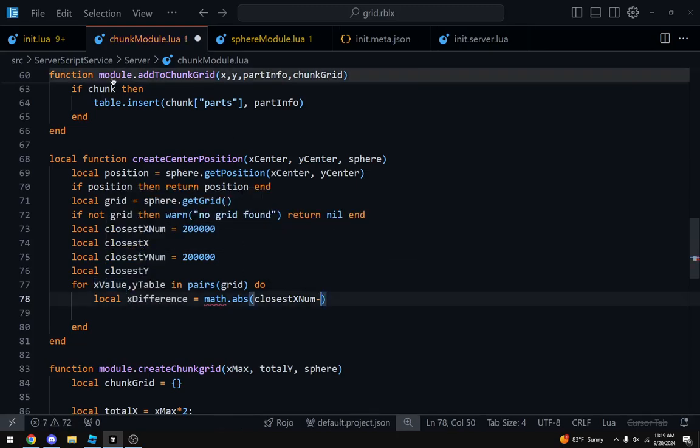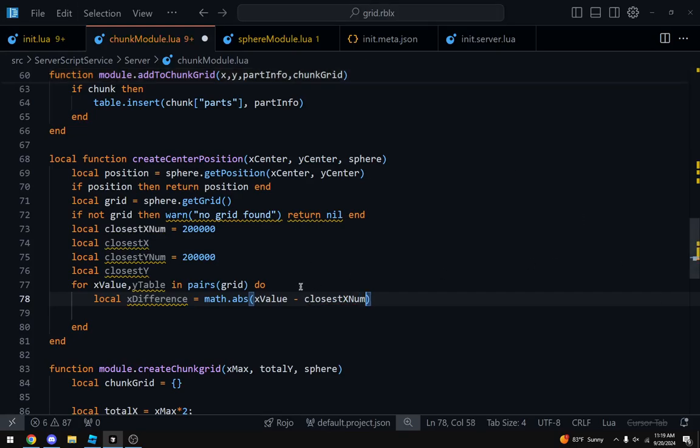No, we're going to do x value take away closest x value, so the x value is the value of the x, and the closest x num is the difference between them.